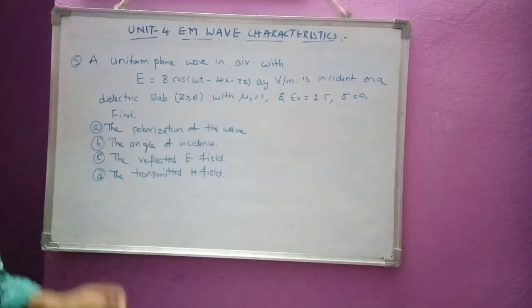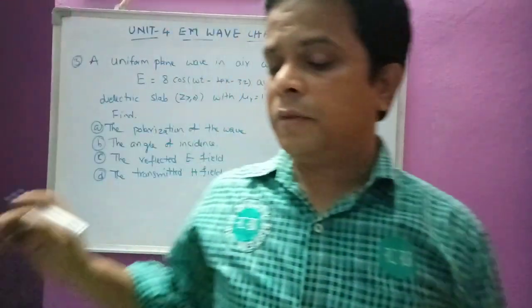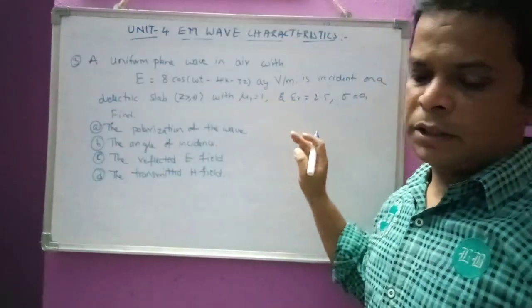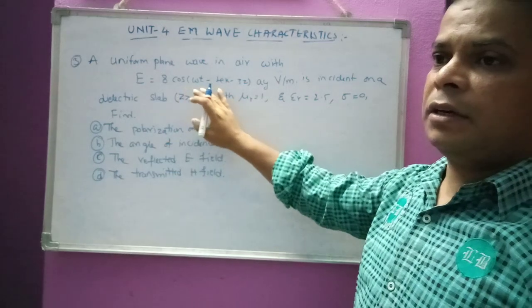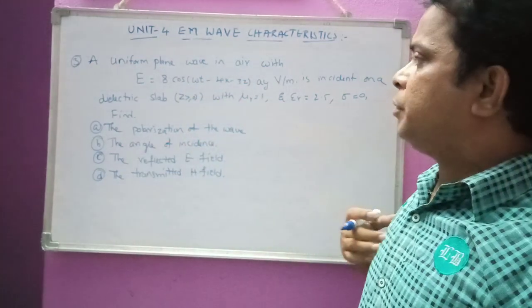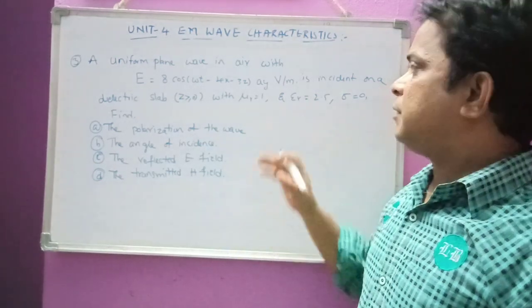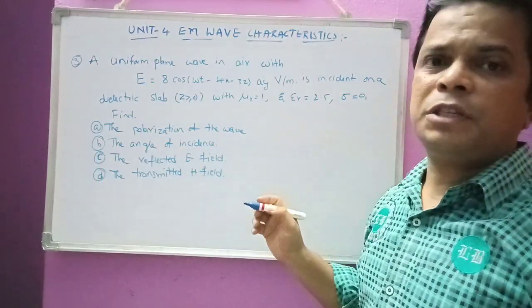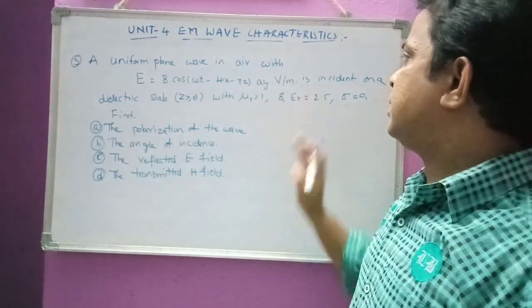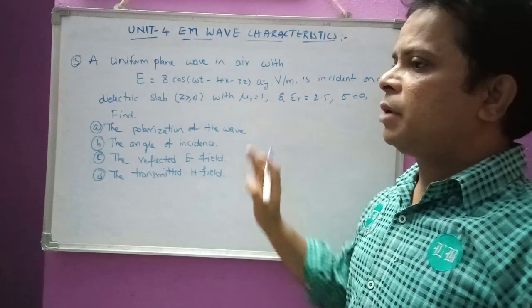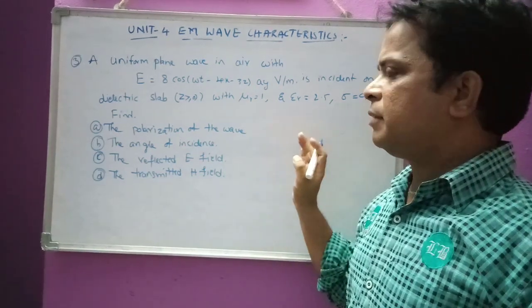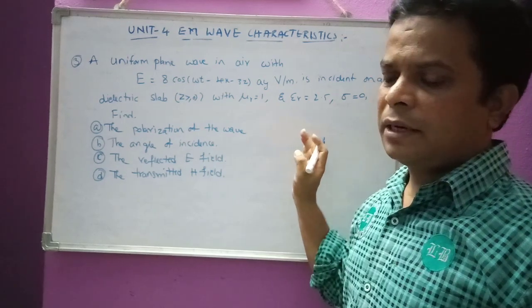So observe, listen to the question very carefully here. It has been given all the terms here, that is with E, and he has given two mediums here, one is air, another one is dielectric. Air means we know that is free space condition, mu r is equal to epsilon r is equal to 1, and he has given another medium. So first of all, we have to understand what mediums he has given, that is medium 1 and medium 2. He has given medium 1 as air and medium 2 as the dielectric medium.